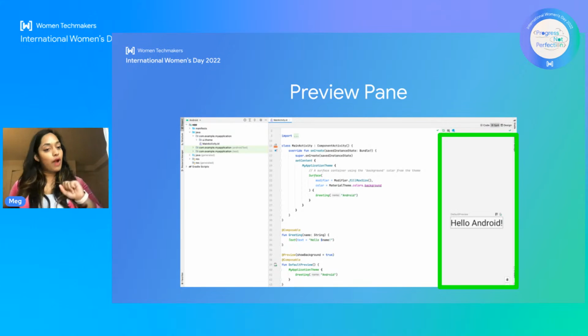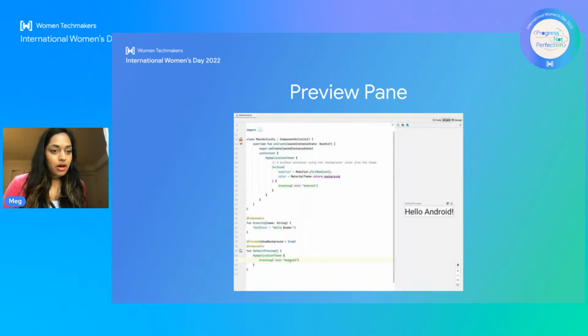That to the right is called the preview pane. The preview pane is a really cool feature that allows you to see the changes in your app's UI in real time, meaning you don't have to compile the whole app, which is super cool, especially when you have an app that takes a bit of time to compile, but you're just looking at a UI change. So I have a little demo of,